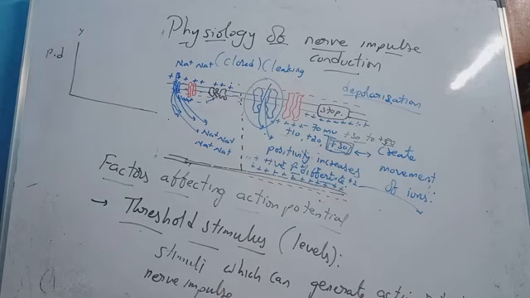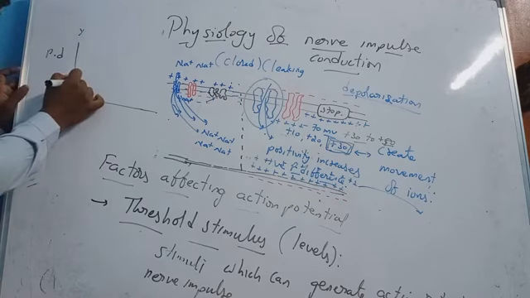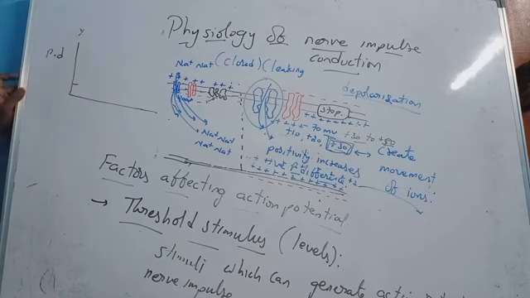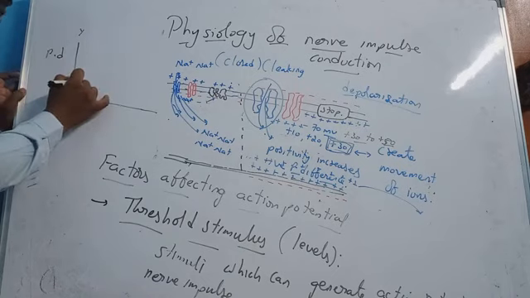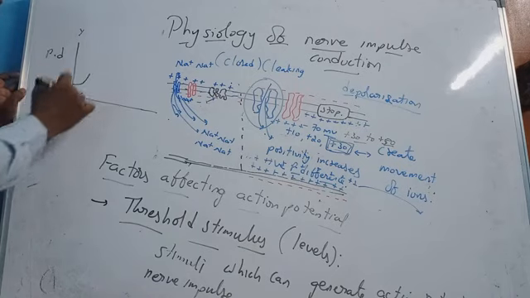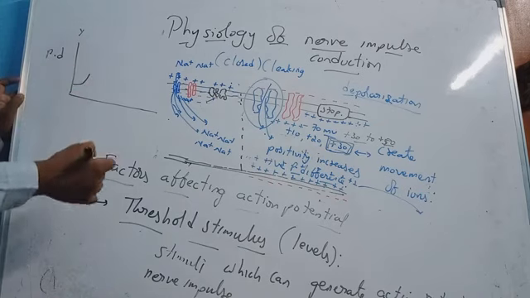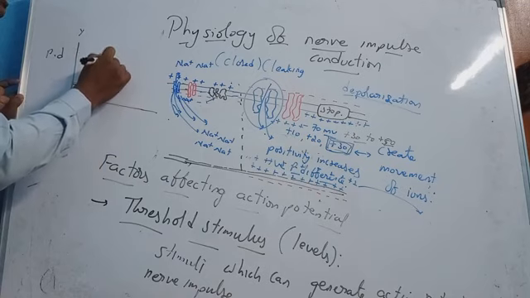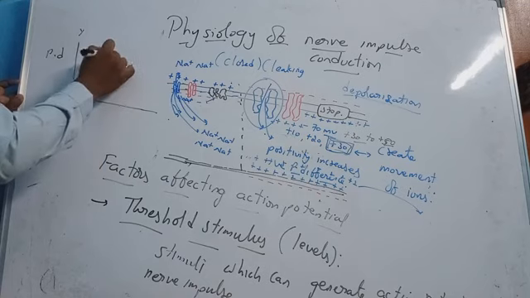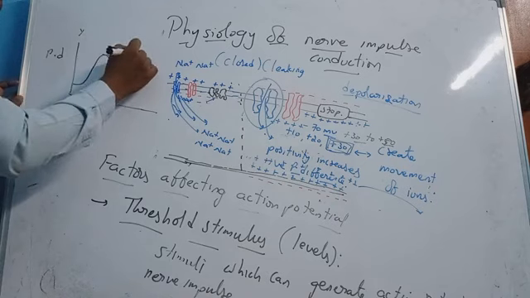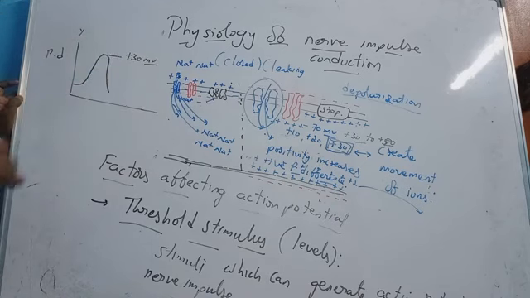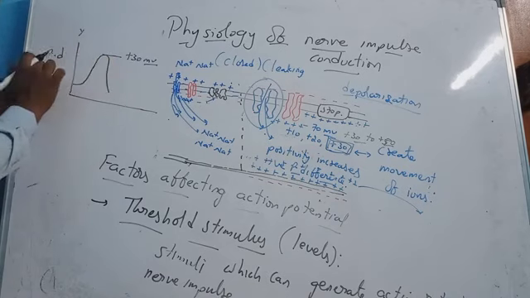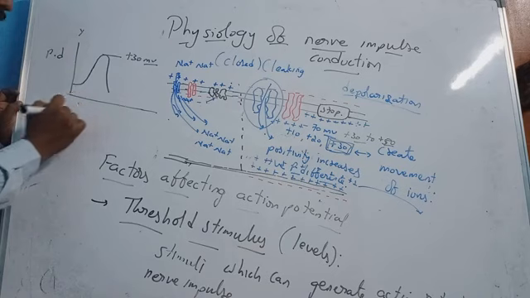Okay, so on the x axis we'll take the time. If you observe this graph, at the first point when the stimulus has arrived, this stimulus will start producing the action potential. It will start producing the potential difference to the positive side. If this is able to reach the threshold level, which is an action potential of plus 30 millivolts minimum, then that stimulus is called a threshold stimulus.